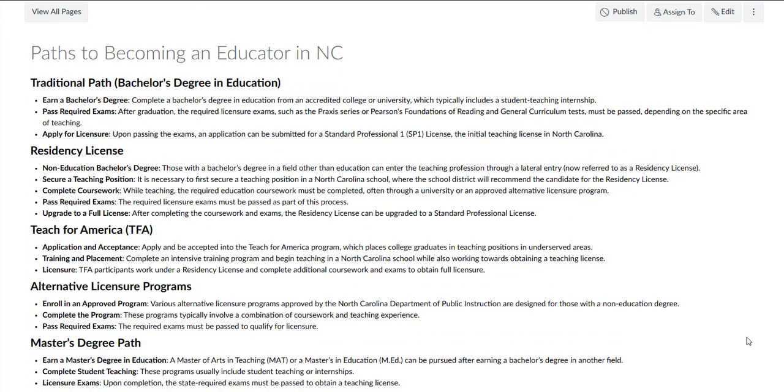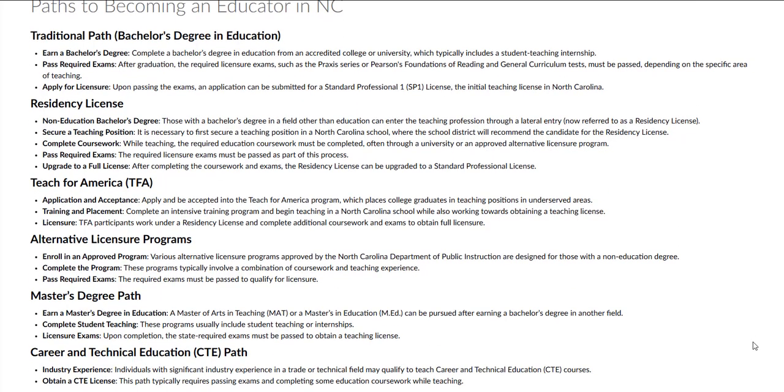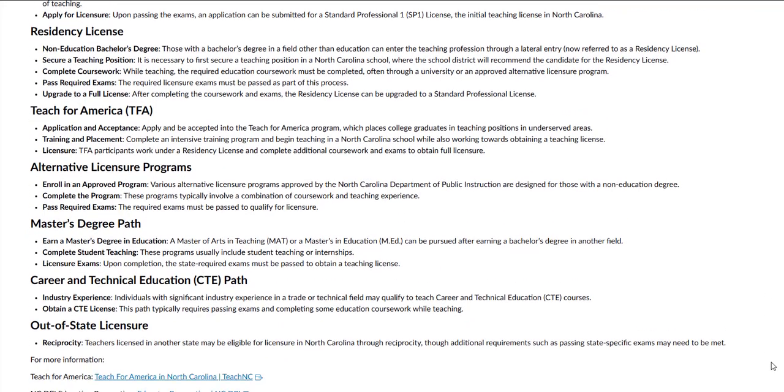As I mentioned, you are going to read Chapter 1, but you're also going to read through the resources that I posted. It's posted right below this agenda that you're viewing now. The first resource is the various paths to becoming an educator in North Carolina. One of your assignments is to discuss which one of these paths you envision yourself using to get your teaching license. Now, I realize not all of you know whether or not you want to be a teacher, and that's completely fine. Just choose whichever path you would go down if you decide to become a teacher.